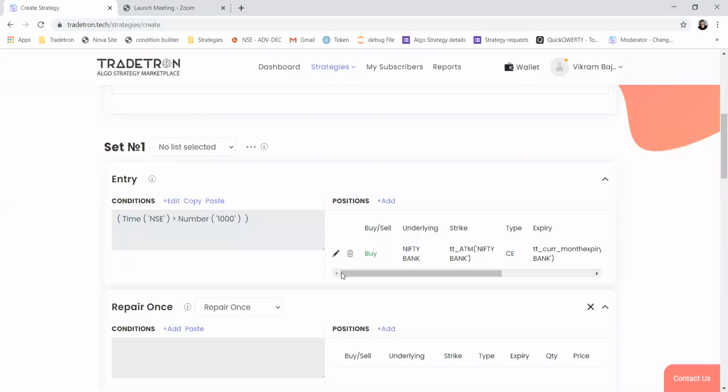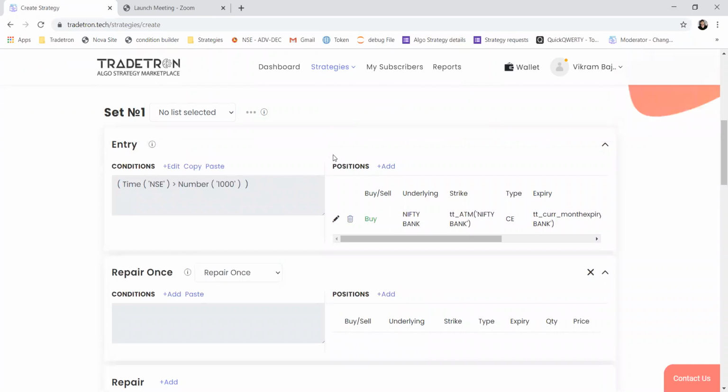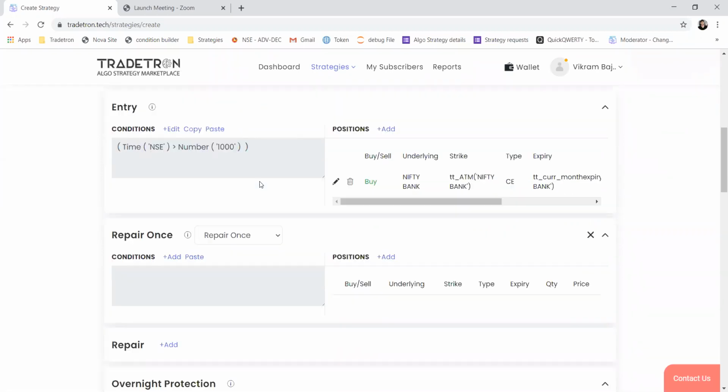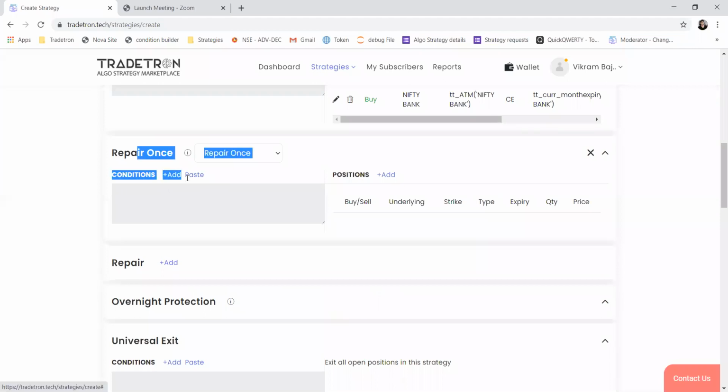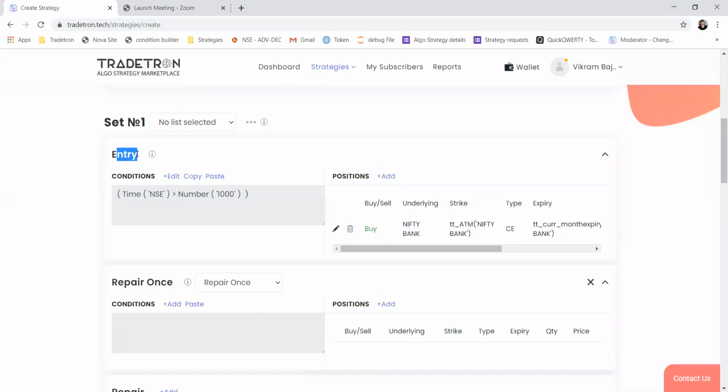Okay. So once the buy is executed, the deployment status of the strategy will change from active to live entered. Once the entry position is taken, only after that will the system check for other conditions in the strategy. When the status is active, only the entry condition is checked.